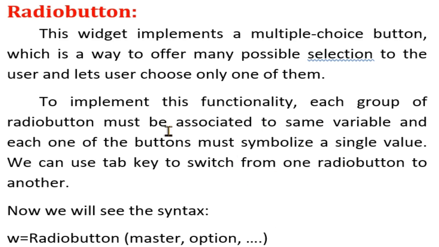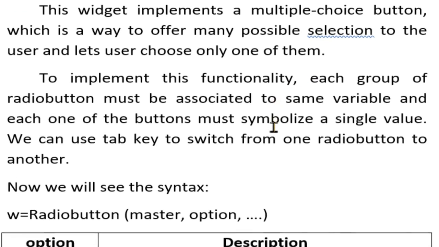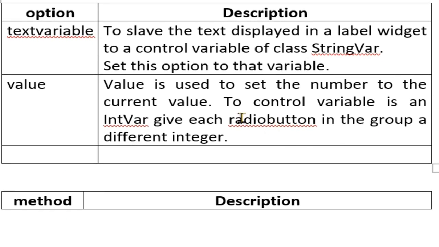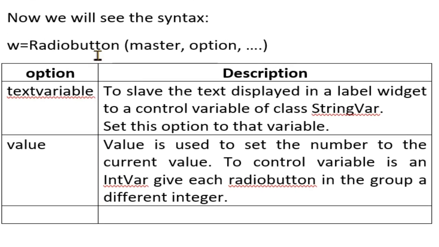Now we will see a simple example using some simple variables in the Python program. And now here you can see the option and description. Here you can see the test variable, which means we need to give any value, that is int or string and so on. Int value, string value and so on.